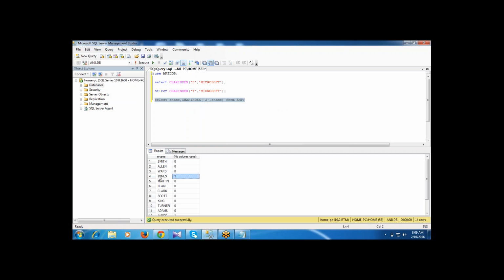Otherwise it returns the character position of J. Similarly, the character position of S, or of E. This is the way the CHARINDEX function works: it returns the character index in a given string.